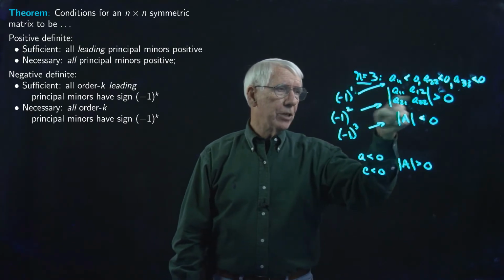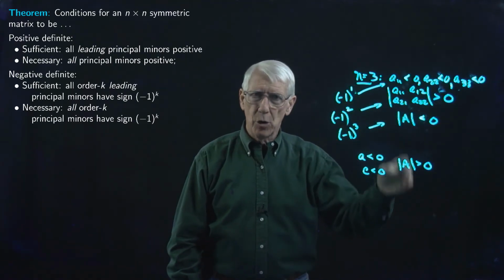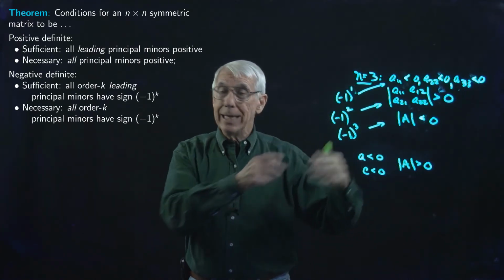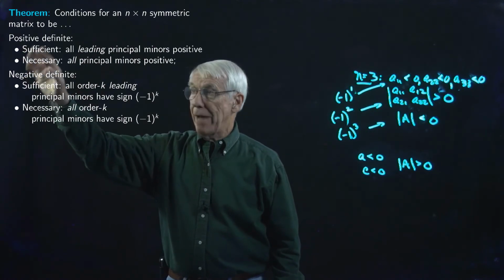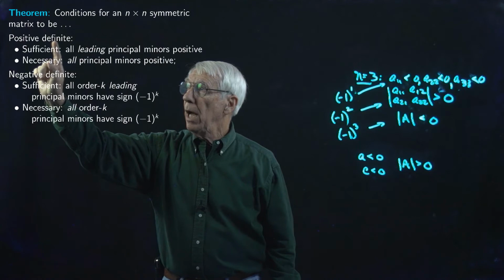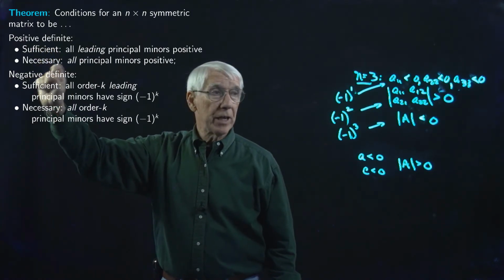And all of the 2-by-2 principal minors, leading or not, got to be positive, and so on down the line. And so that will work now for any n. And so we have a complete theorem for our positive definite and negative definite